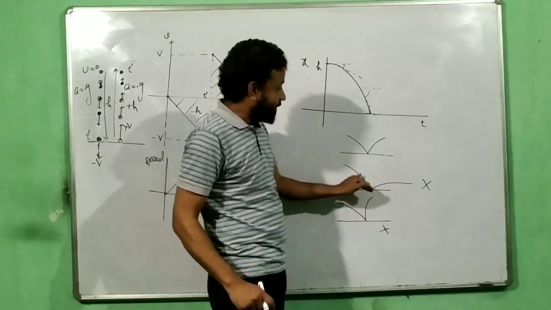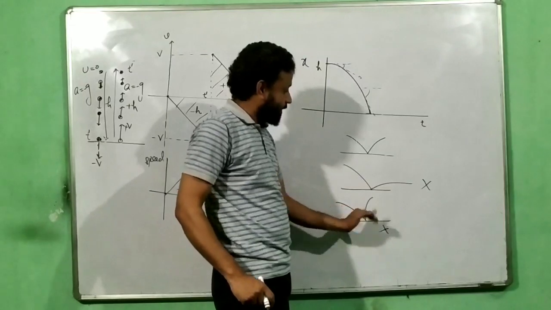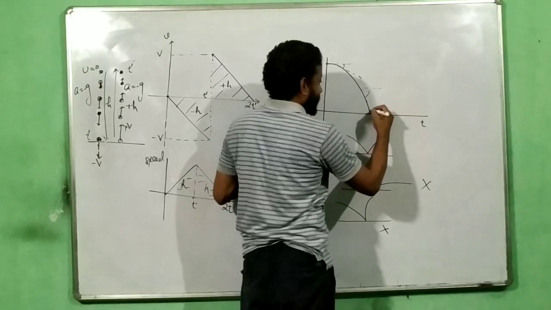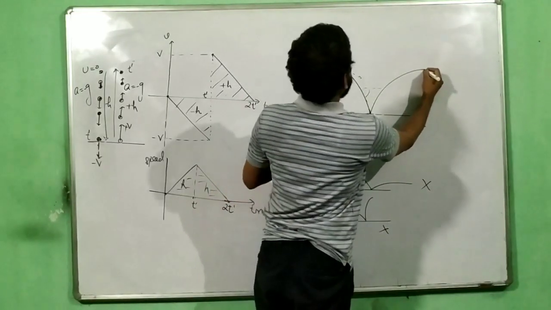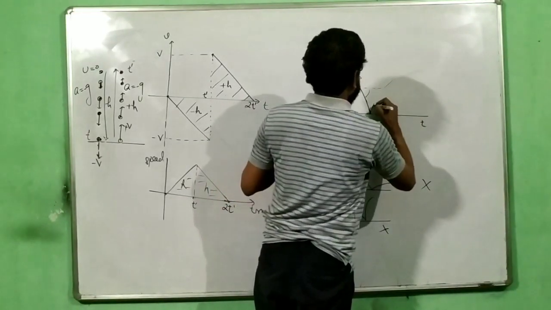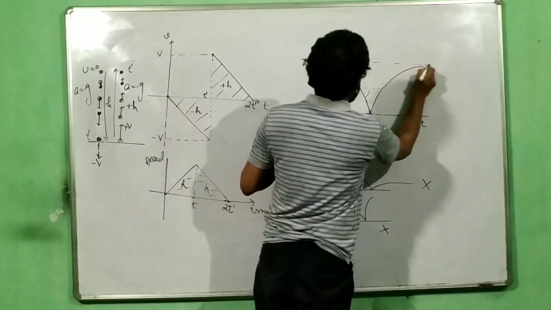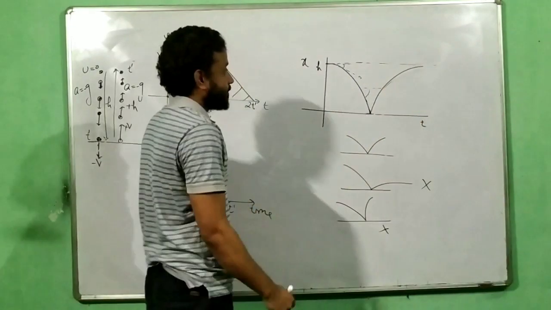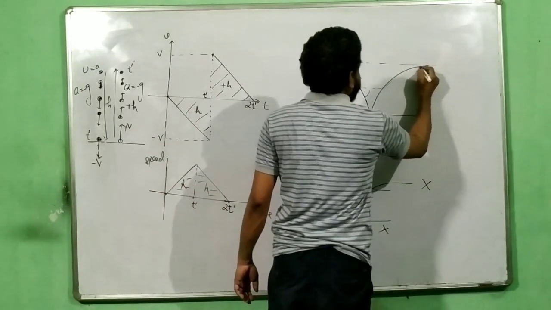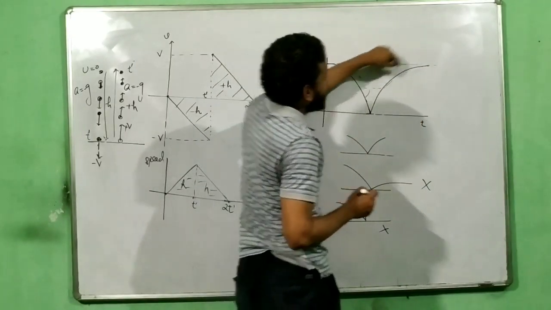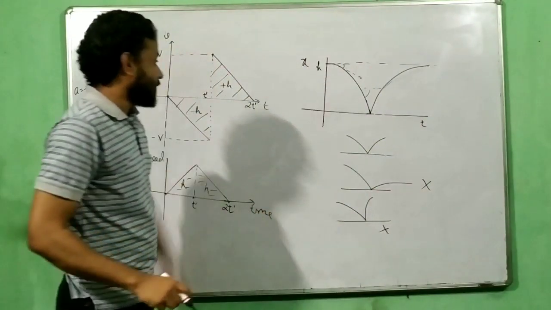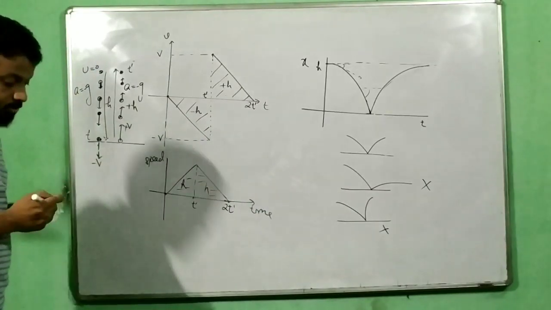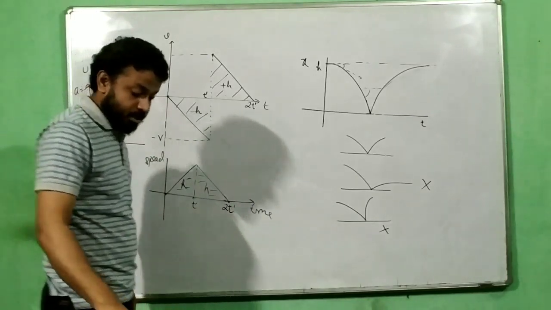So if this gives you minus 5, this should give you plus 5. Now what is happening here? This one and this one are not same. This one and this one are not same. So be careful when you are drawing this part. I hope I am reaching the same height. Okay, it should reach the same height. So from wherever it had started, h, it has finally gone back to the h. And this is my displacement time graph of a body dropped down and bounces back to the same height.